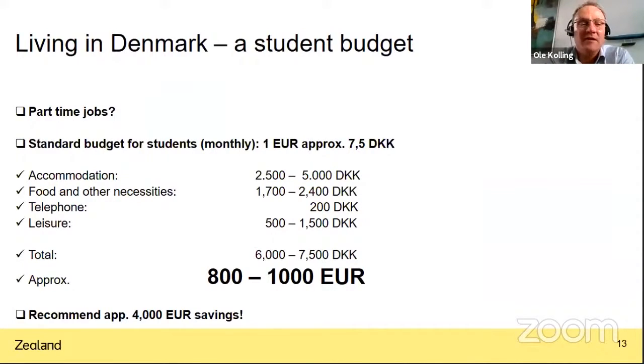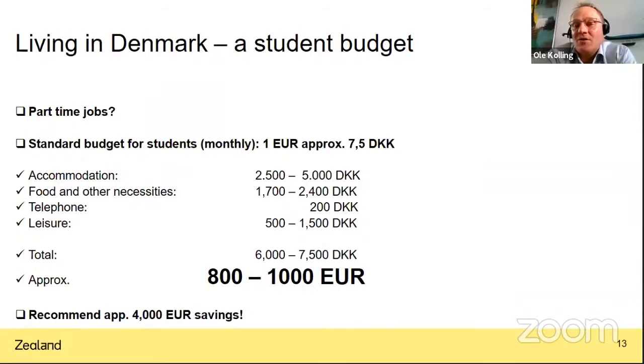Typically, part-time jobs, at least in the beginning, would be within the service industry. So could be within a restaurant, could be in a hotel. Even cleaning would pay relatively good in Denmark. Typically, the average wage in Denmark is in euros, from around 12 to 19 euros per hour. So you can say, in general, student jobs pay relatively well. But you also need, you can say, a relatively solid budget to live in Denmark.